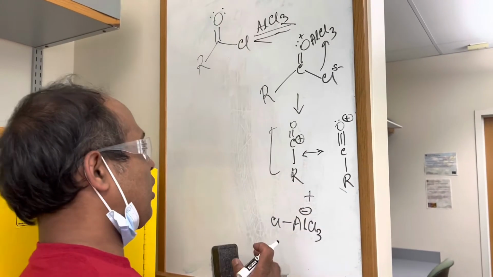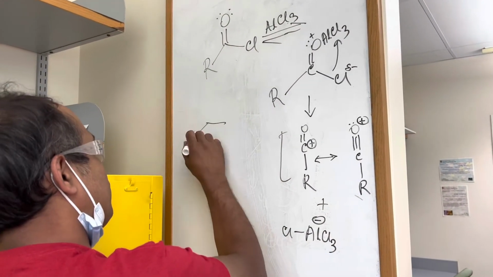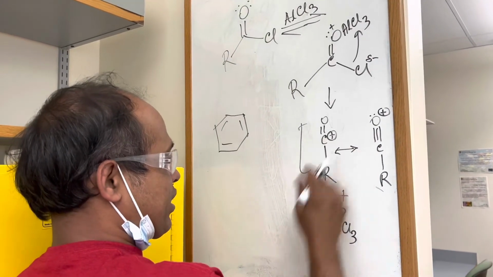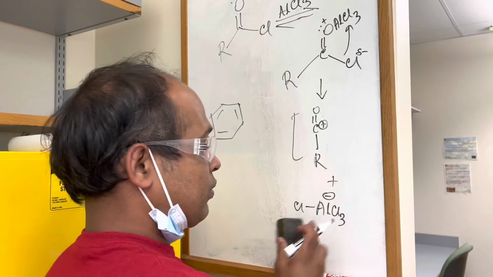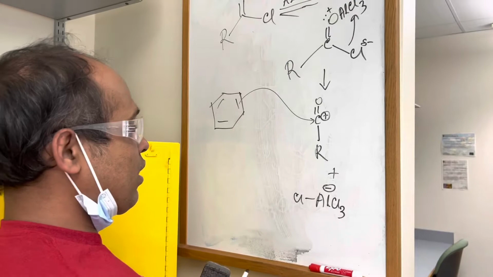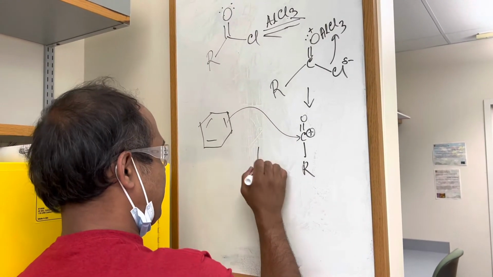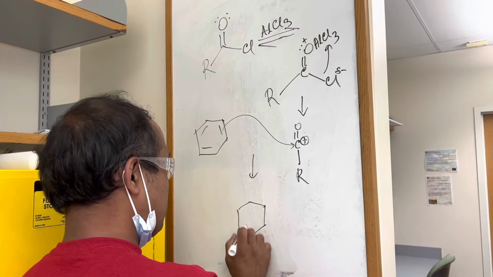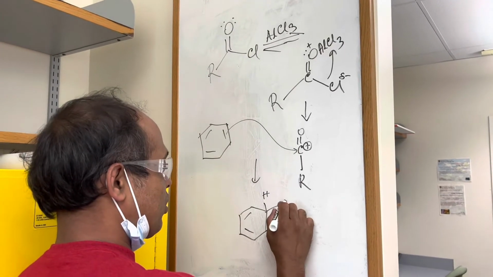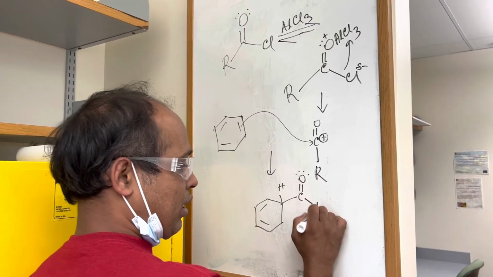Now your carbocation, either this or that, are resonance structures, so this carbon will be taken by this ring. Let's see now with the benzene ring, and suppose we are taking this as a consideration, that electron will be given to this carbon. Okay, and now what will be the immediate intermediate? The same as in alkylation. So there will be hydrogen and this carbon, double bonded like that, and R,